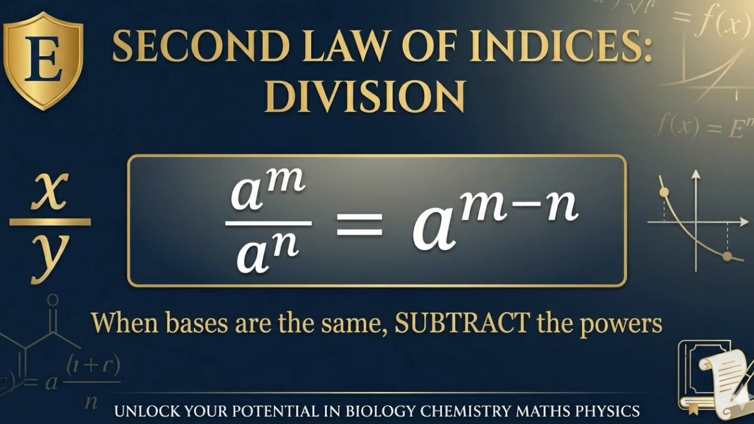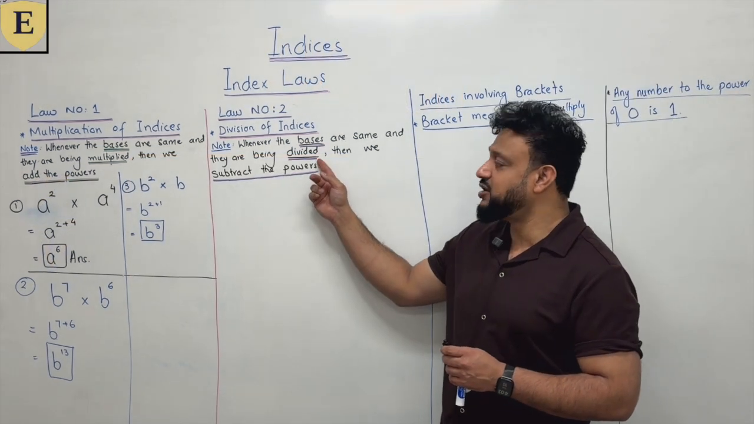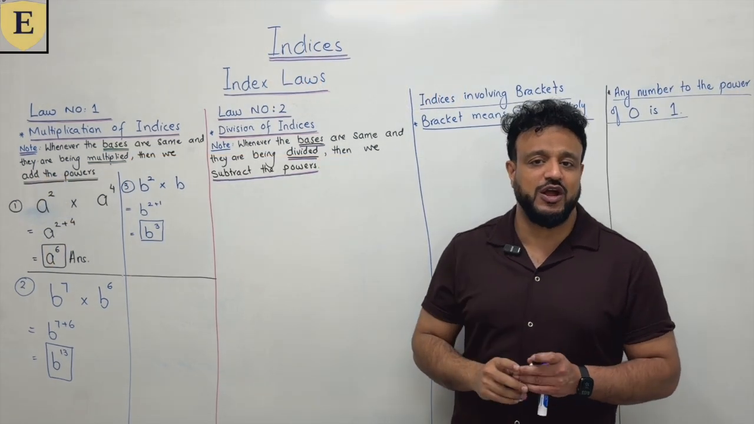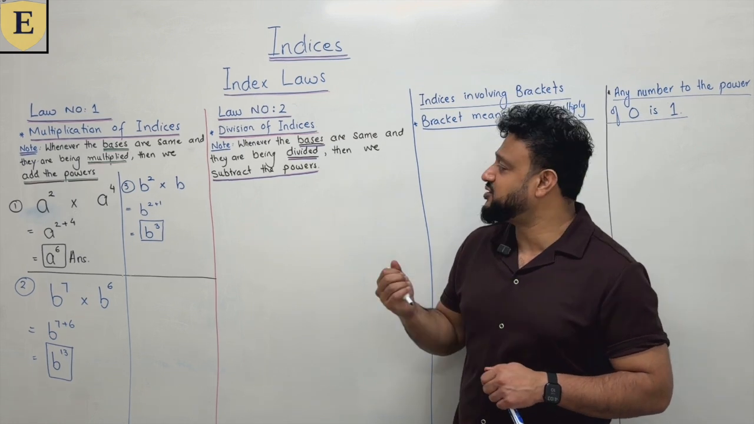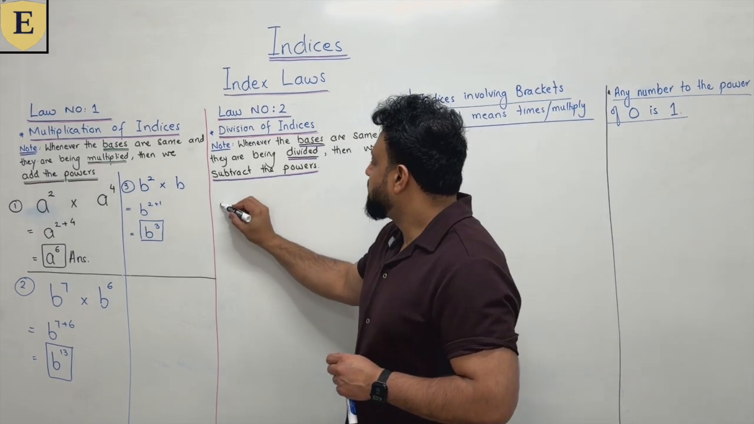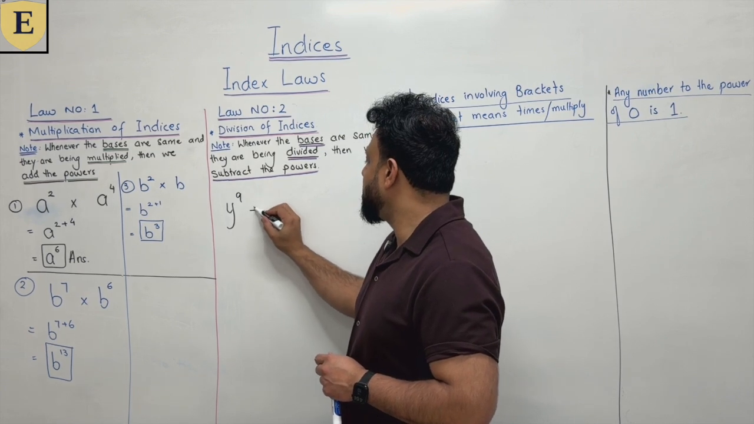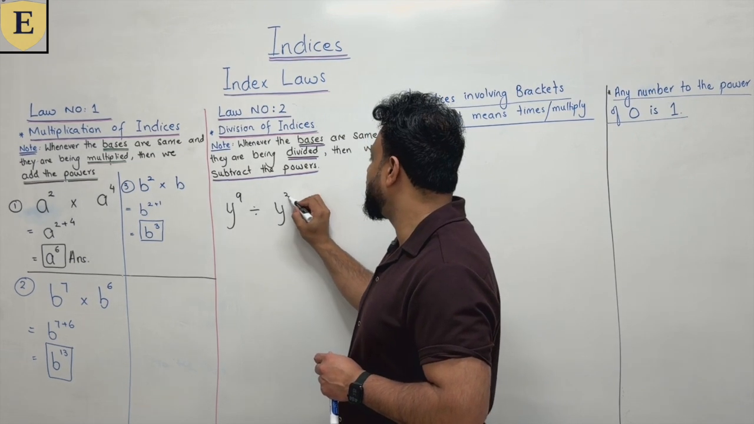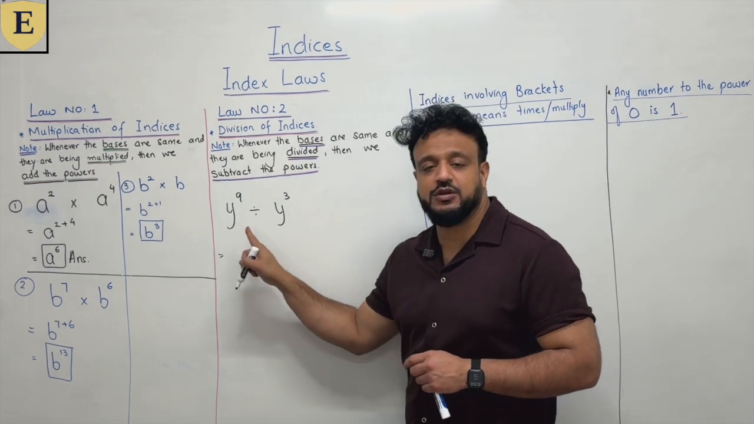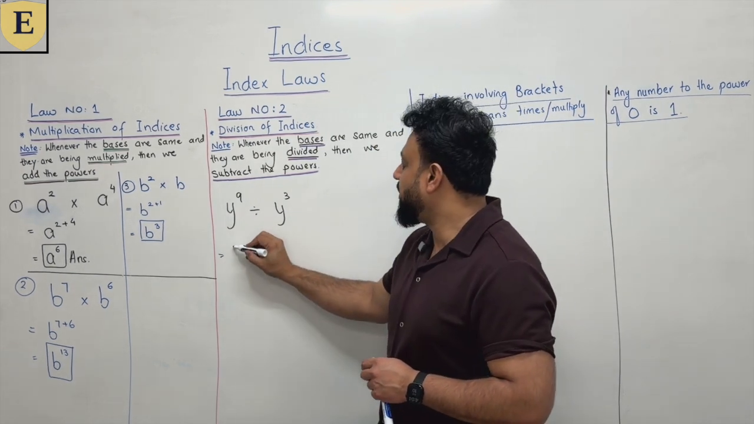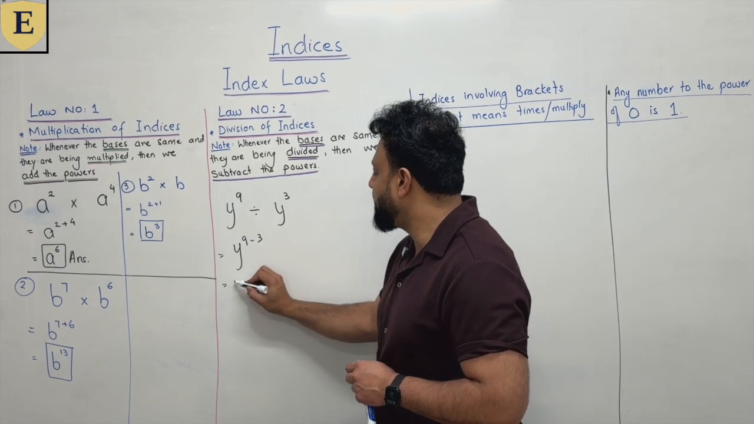In law number 2, it states that whenever the bases are same and they are being divided, then we always subtract the powers or take away. Let's do some questions and hopefully you'll understand this as well. So if you've got a question that says y to the power of 9 divided by y to the power of 3, since the bases are same and there is a division sign in between, we will take away the power. So this will become y to the power of 9 take away 3,